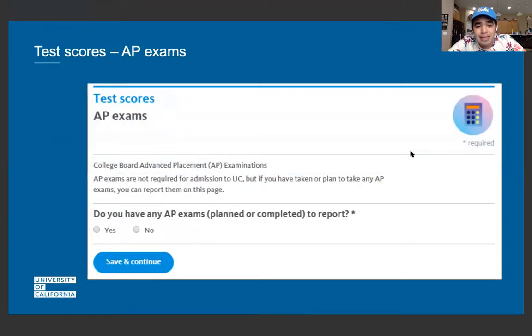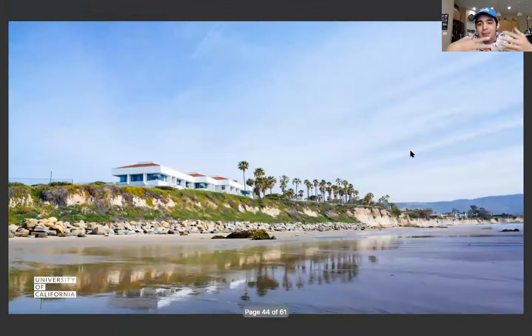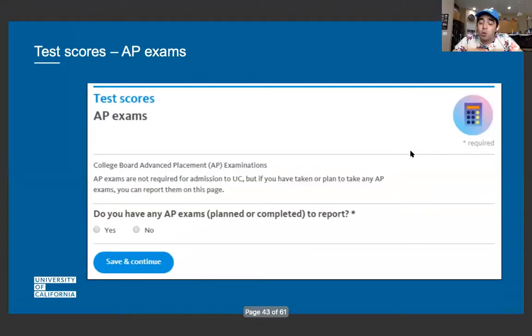AP exams, please list all your AP exams and all your test scores. If you took it and you did amazing in the class and didn't do well on the exam, that's okay. They will see this on there. They want to know what you did, and they want you to report them so that you took the advantage. You took the step into your AP life, and APs are college coursework. I personally had 10 APs throughout my years, and that's what they like, being a well-rounded student in terms of wanting to do college coursework in a high school academic setting.